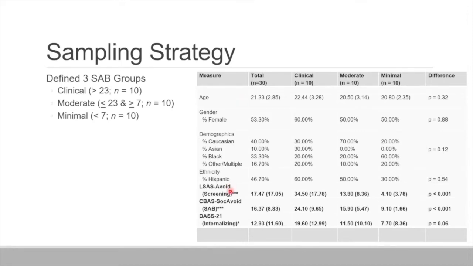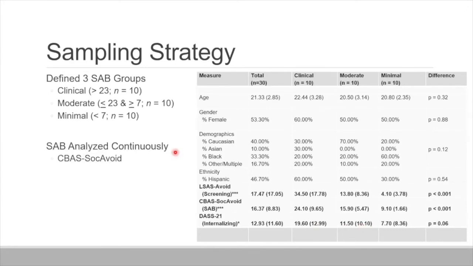You can see here that, obviously, because we selected them this way, these groups are very different in social avoidance behavior. One thing that is notable is that we control for it, and the relationships I talk about wind up still being significant, but there is a marginally significant difference in internalizing symptoms, so anxiety, depression, etc. That's not something we were trying to balance across the groups, and you can see it is somewhat imbalanced, although in the way that you would expect. The clinical social avoidance group has higher levels of psychopathology than the moderate group and then the minimum group.